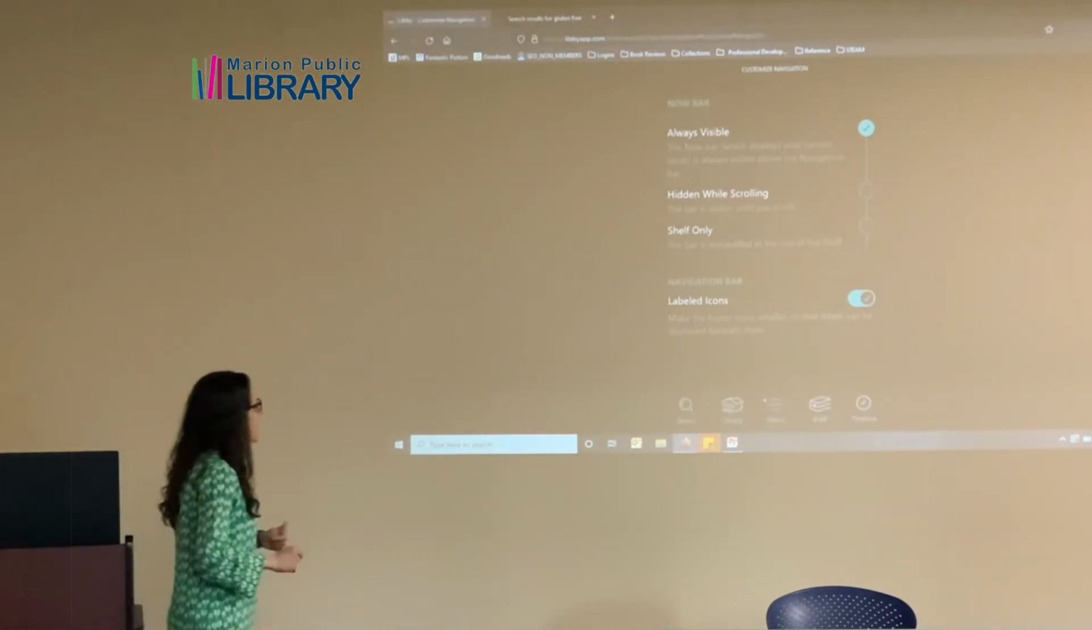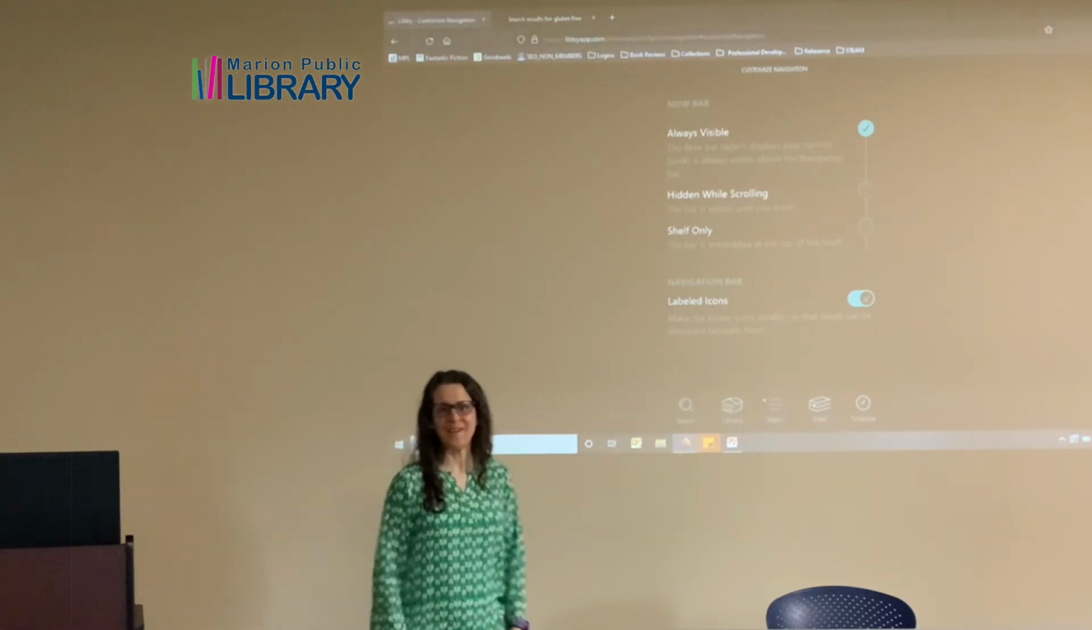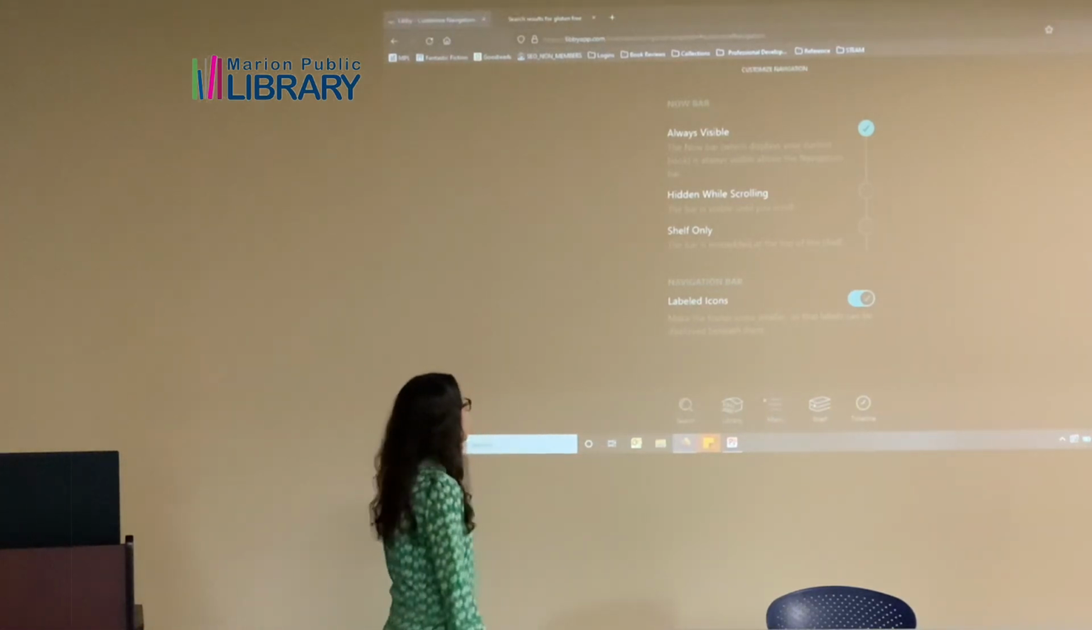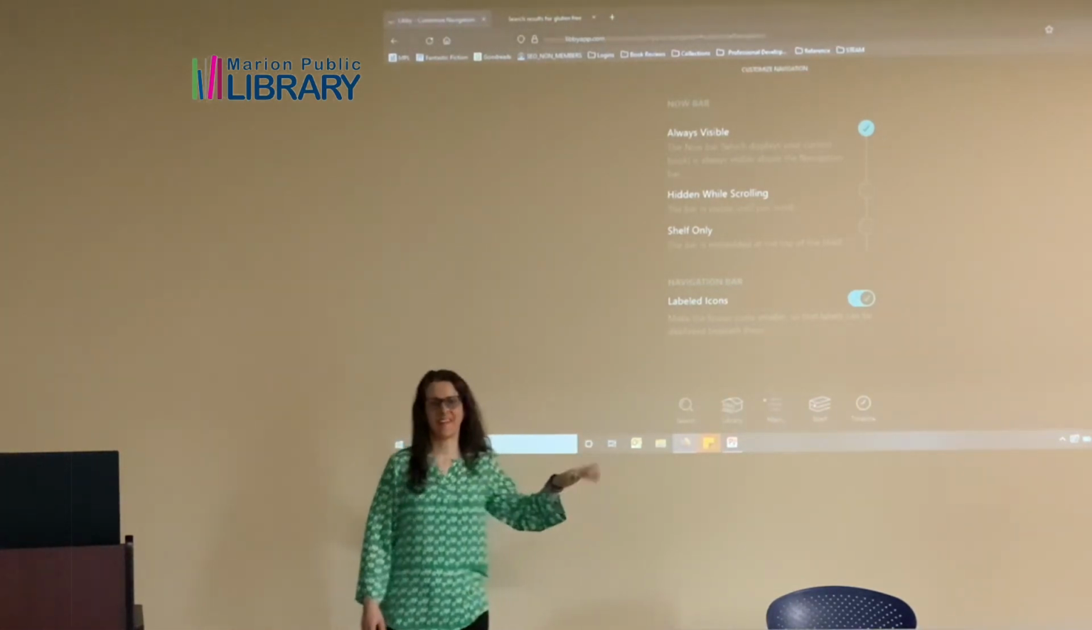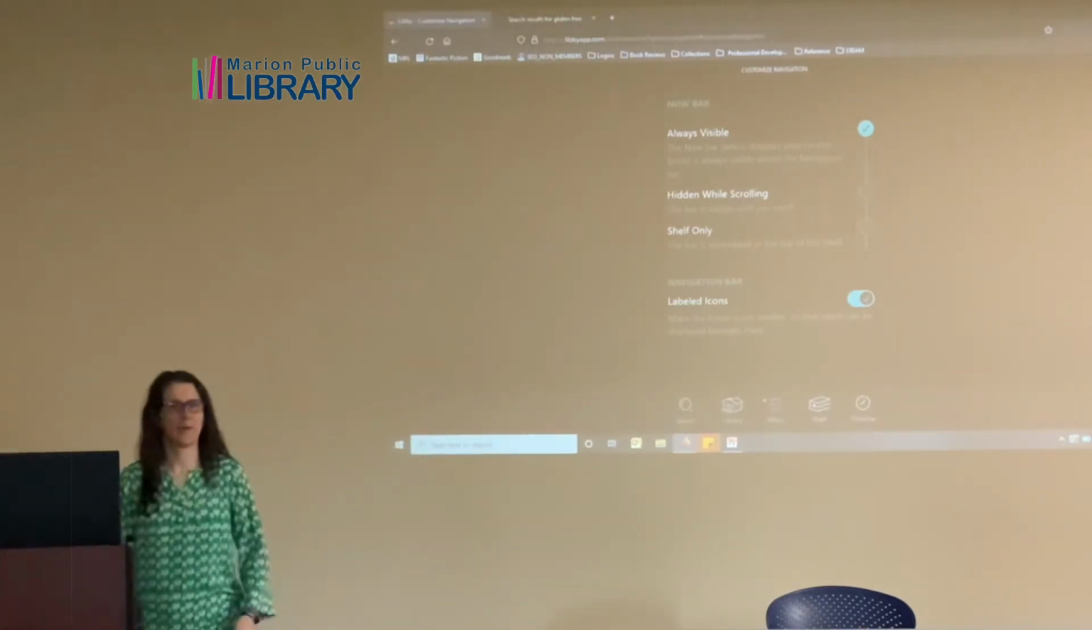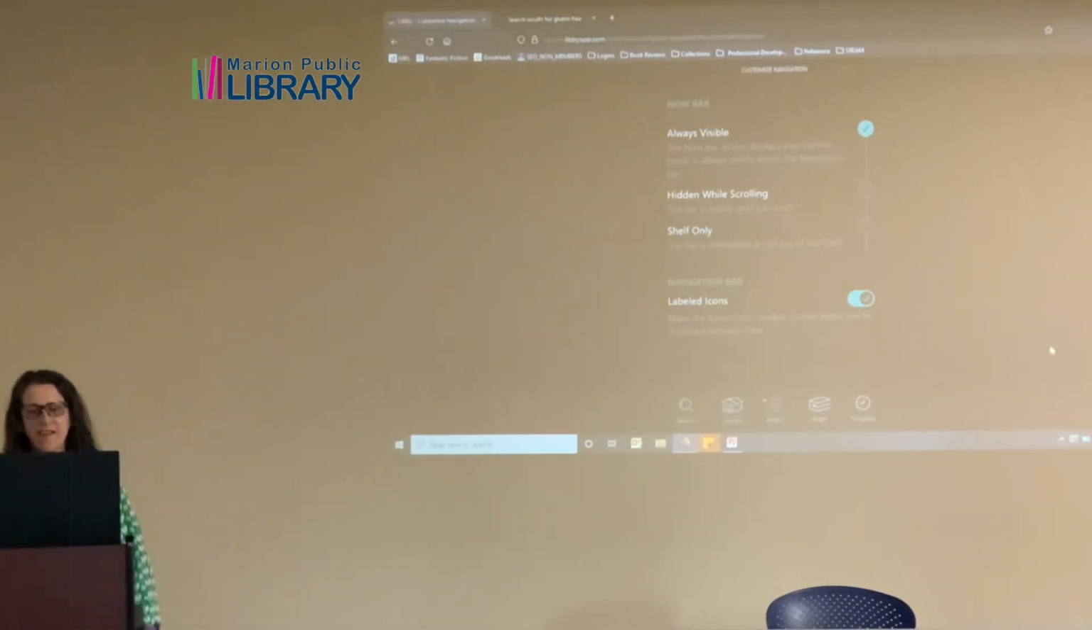So if you have a hard time determining, gosh, which one is the shelf again? You can label it so that you can see the shelf is the stack of 2 books. The other thing,